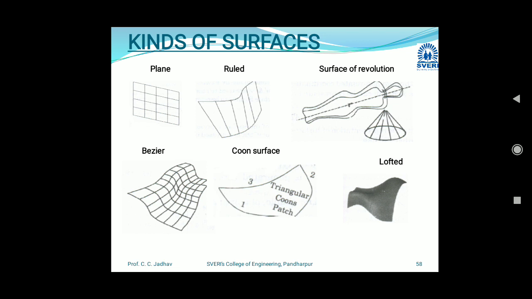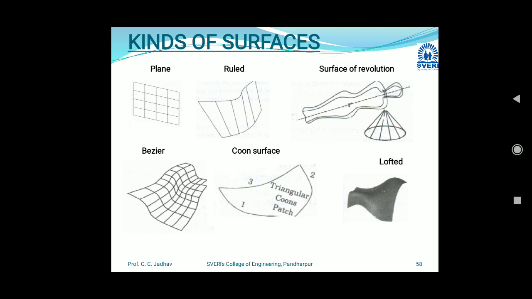Next, surface of revolution. This is an axisymmetric surface that can model axisymmetric objects. It is generated by rotating a planar wireframe entity in space about the axis of symmetry through a certain angle. We can create any 3D model by using an axis. We just create a 2D wireframe profile and revolve that profile about the axis, and we will get the surface.